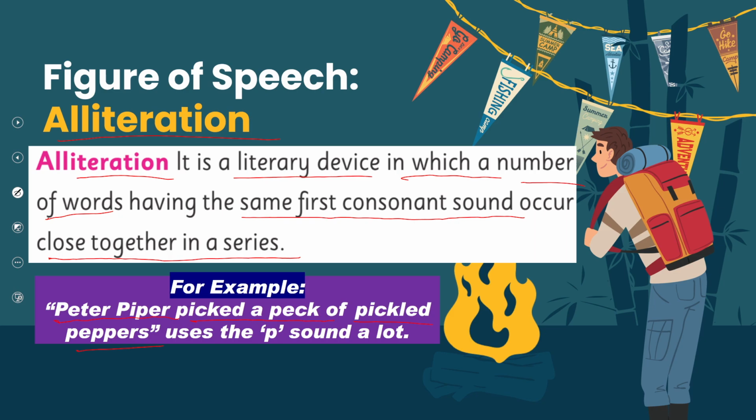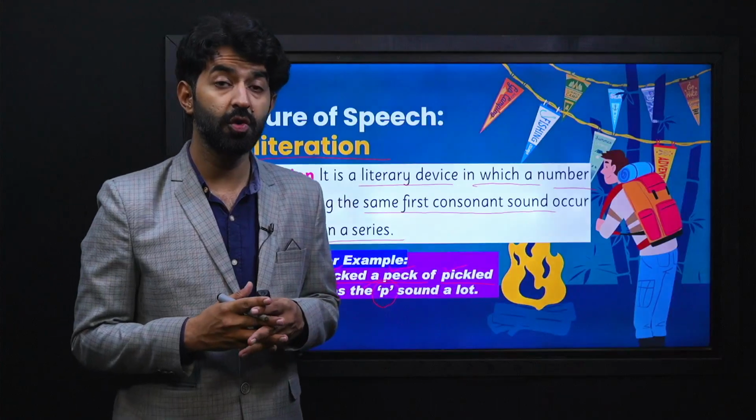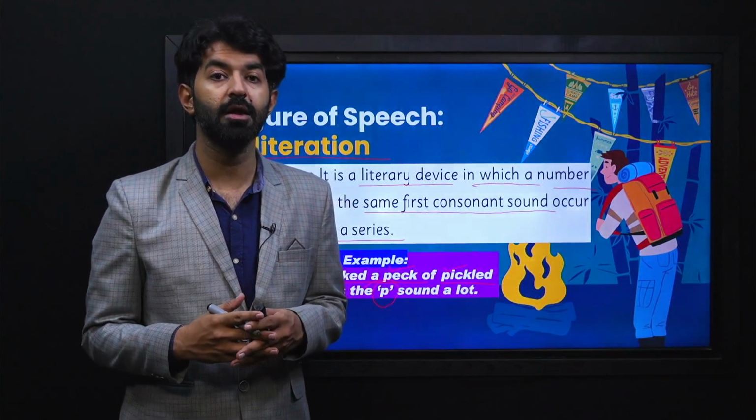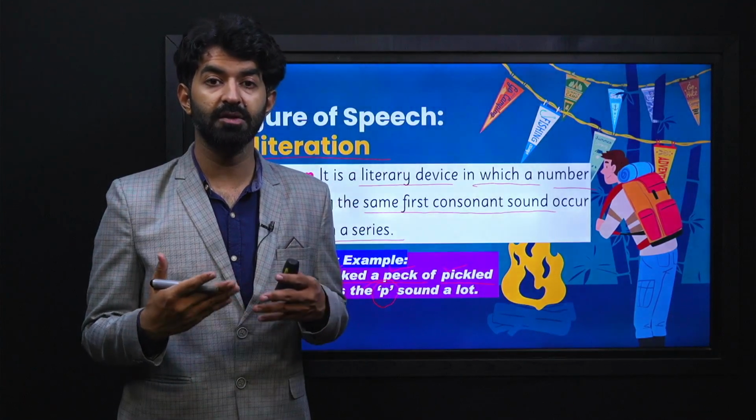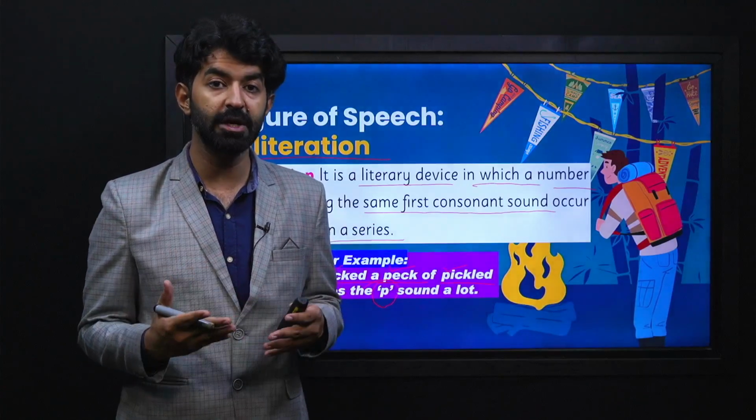Now, this uses the sound P over and again, and it's coming a lot. We know that the sound of P or the letter P in English is a consonant. So the consonant is being repeated again and again. So it has a lot of repetition. This is what we call alliteration, and it's very much used in poetry and also in tongue twisters when we use tongue twisters to actually enhance our articulation and our speech.